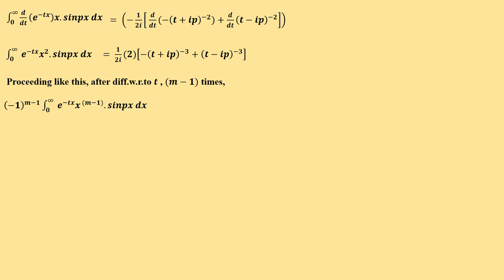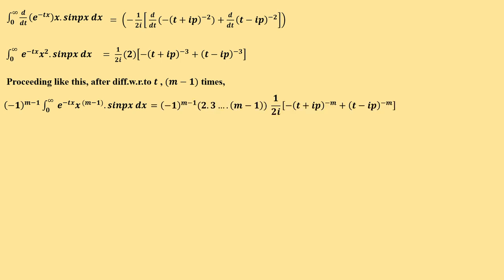The first integration you are having minus outside, the second time you are integrating, you will get plus, and third time you are getting minus. So each and every time the minus is repeating, right? So one after another step. So that is what minus 1 power, how many times? M minus 1 times. (minus 1) power m minus 1 integral 0 to infinity e power minus tx, so first time x, second time x square, m minus 1 time x power m minus 1 into sin px dx,